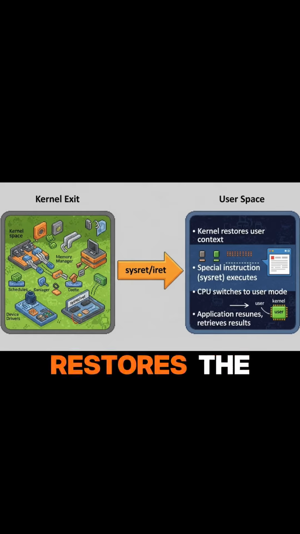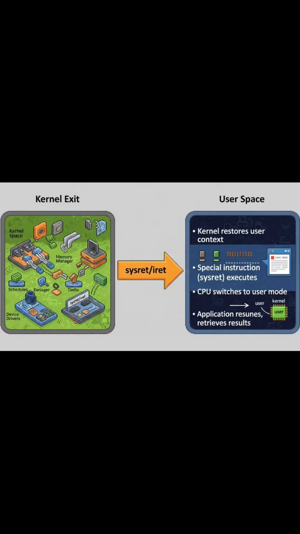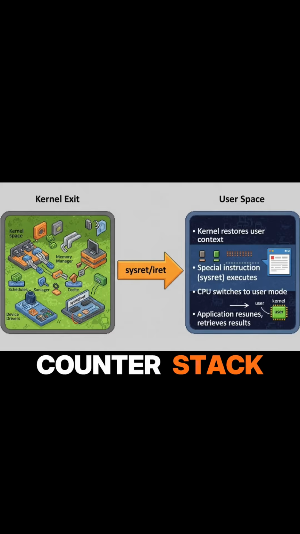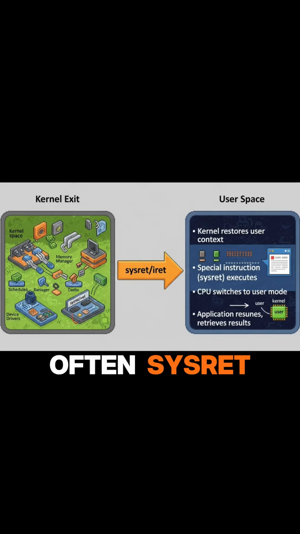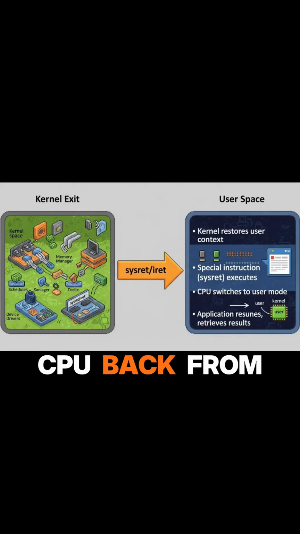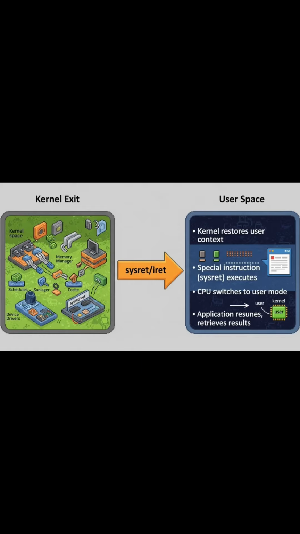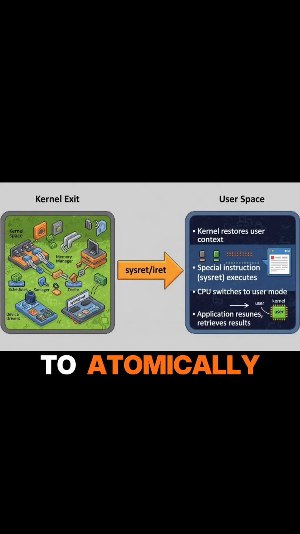The kernel first restores the user mode context that was saved during the syscall entry, things like the program counter, stack pointer, and general purpose registers. It then uses a special instruction, often sysretq or iret depending on the architecture, to switch the CPU back from kernel mode to user mode. This instruction is designed to atomically restore